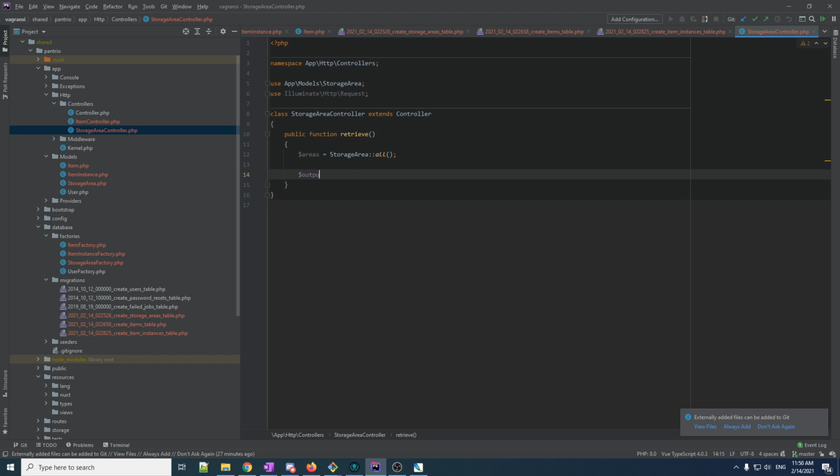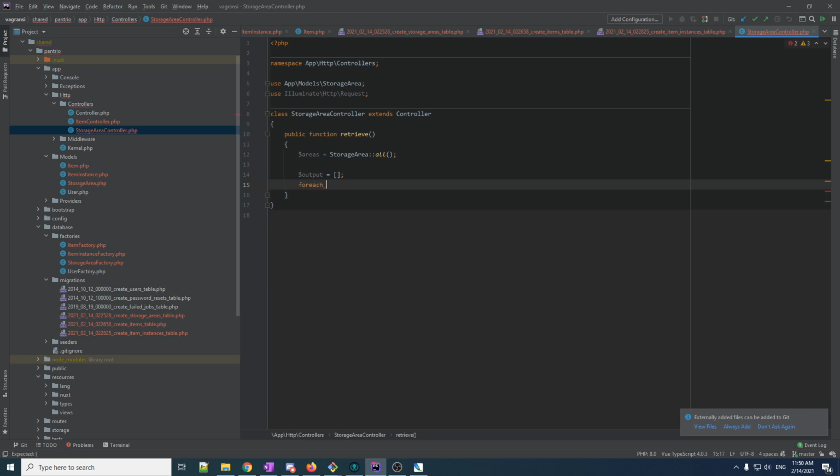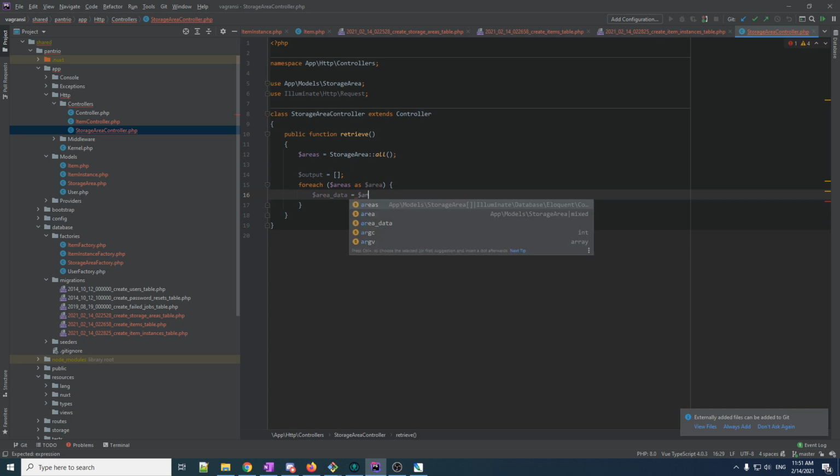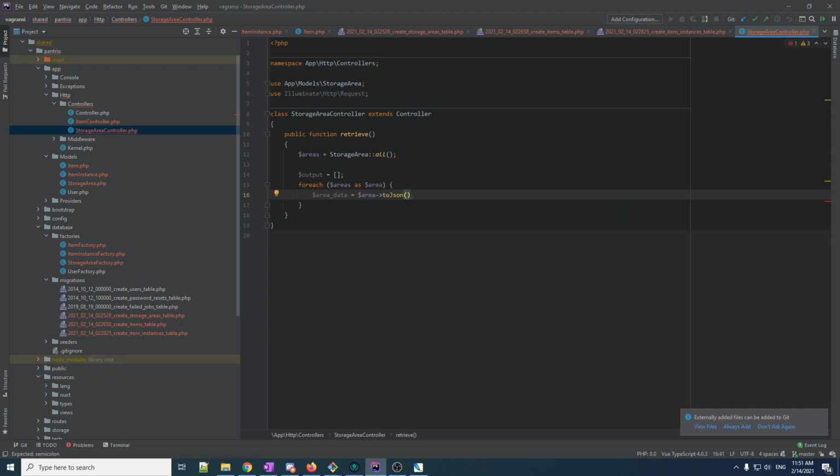So let's just say output is an empty array. So for each areas as area, loop over all the areas. For each area, area data is equal to area pointer to JSON. So first we're going to convert the area to JSON and put that